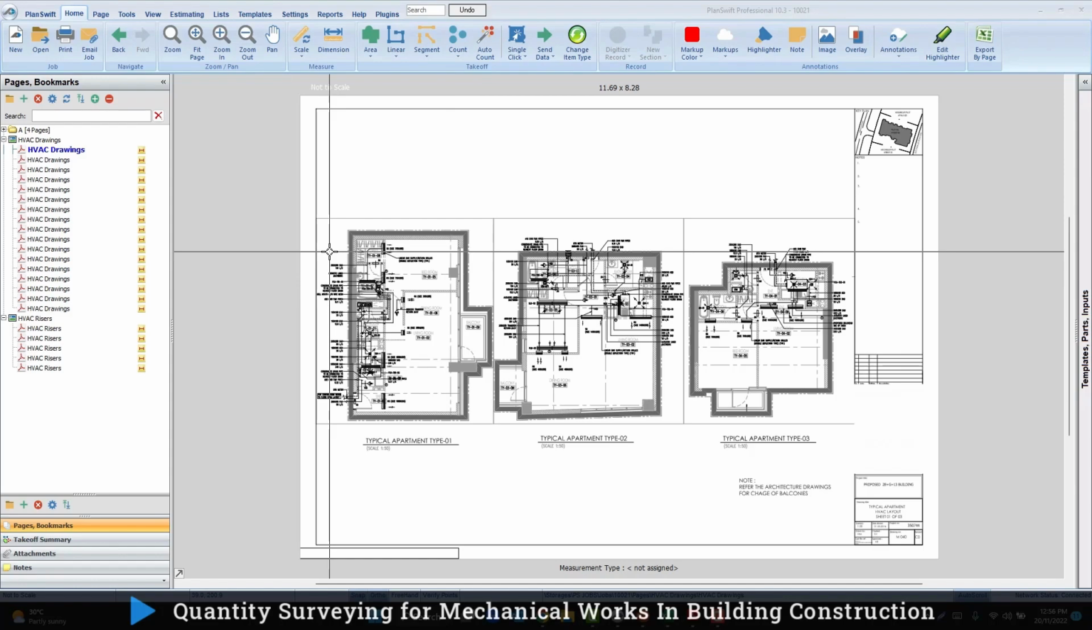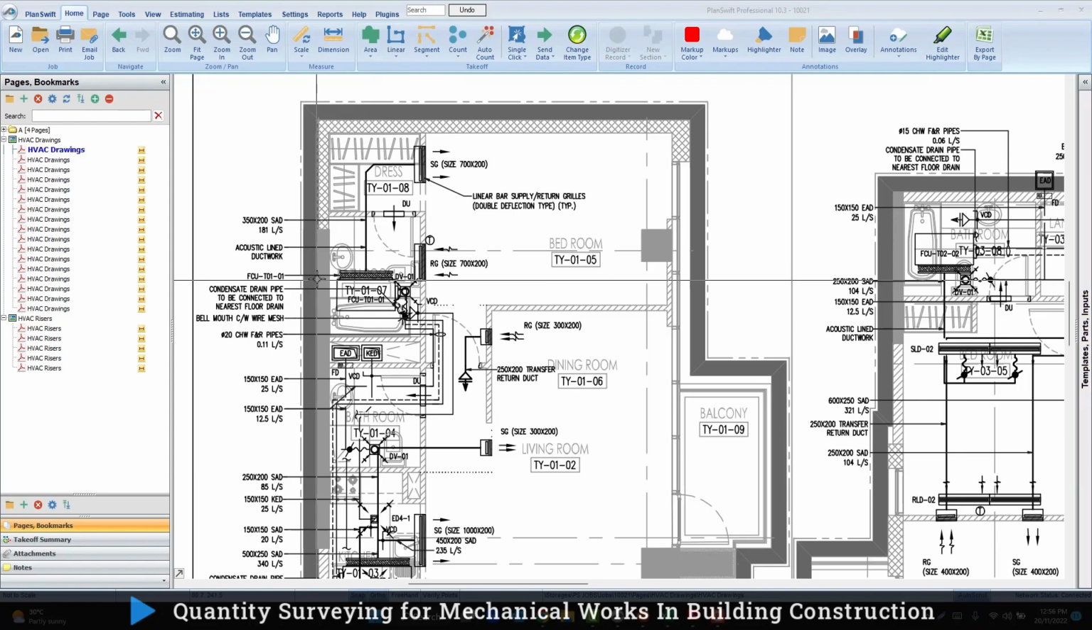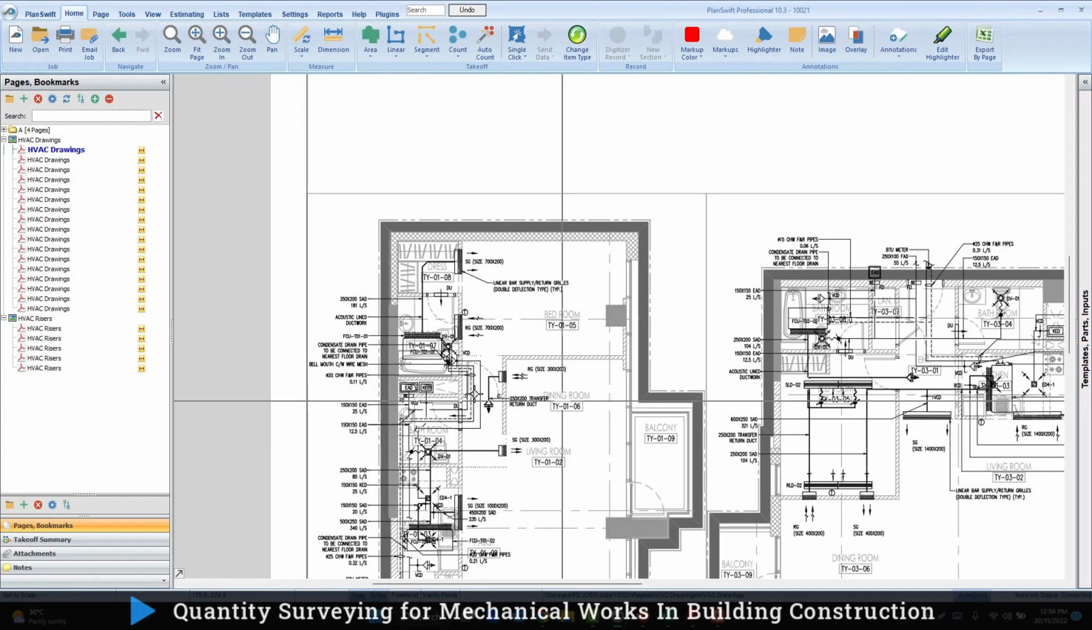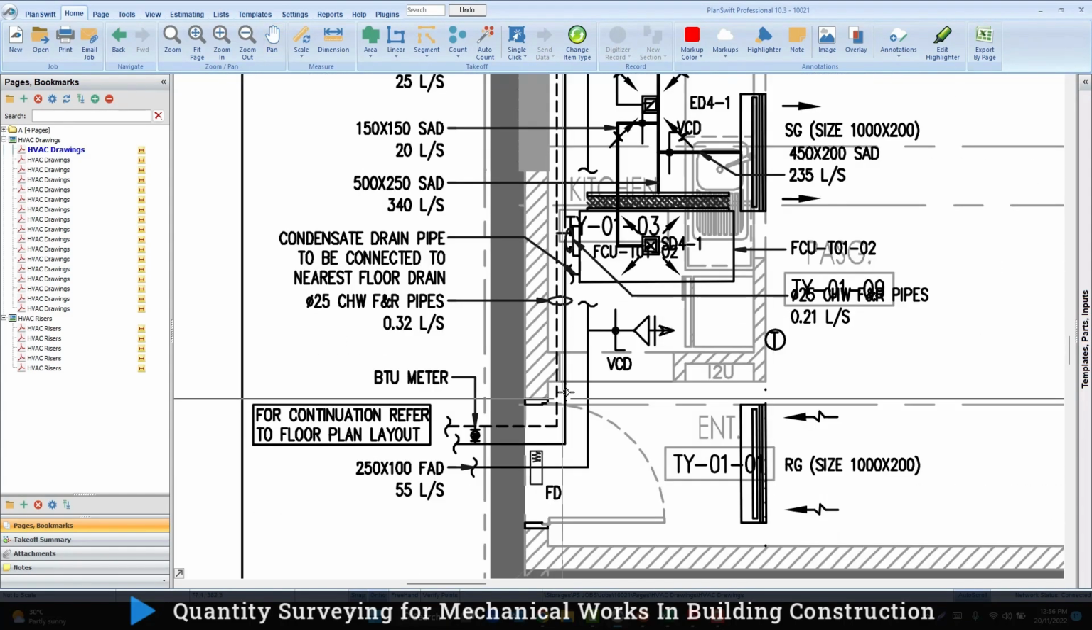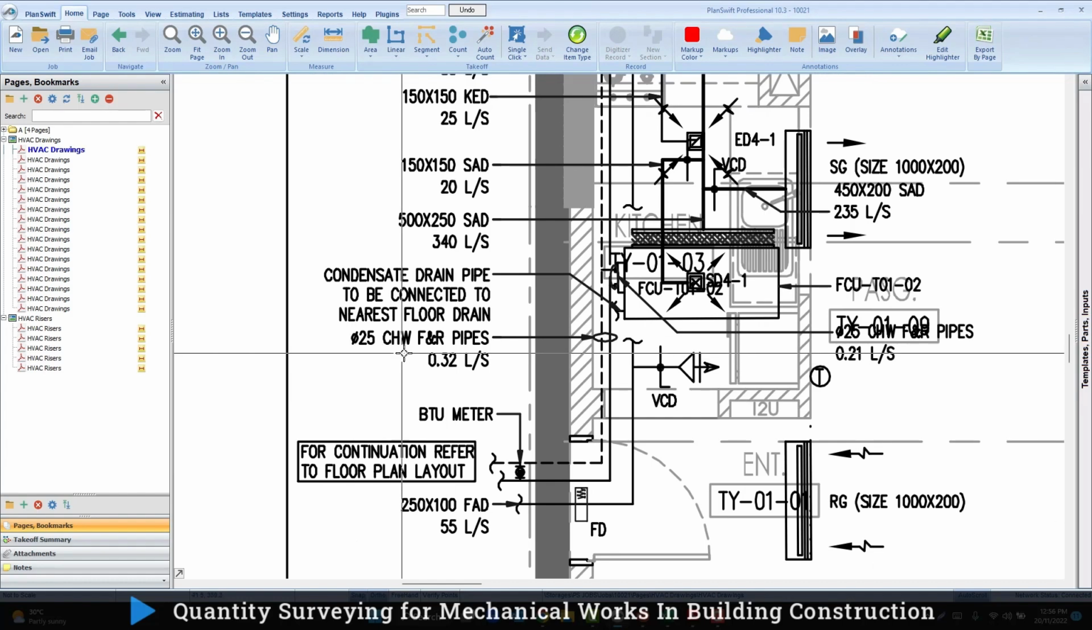Okay, so let's start the quantity takeoff for this particular item, chilled water pipes. So I'll go back over here. From here, the chilled water which is coming is size 25 mm. Okay, so